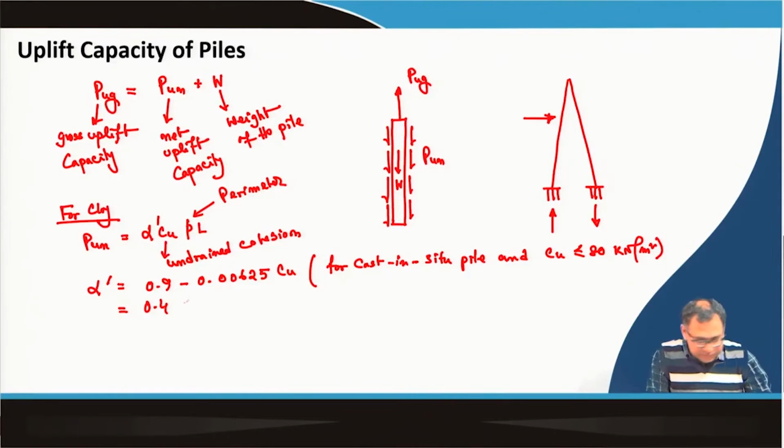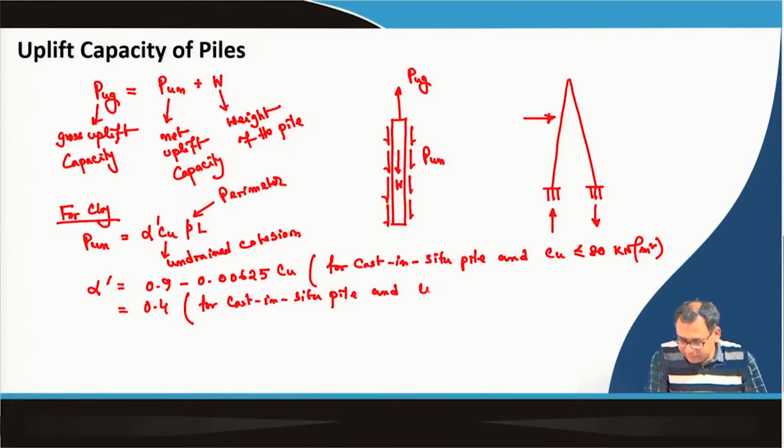This is for cast in situ and Cu greater than 80 kilonewton per meter square. Now, for pipe pile,